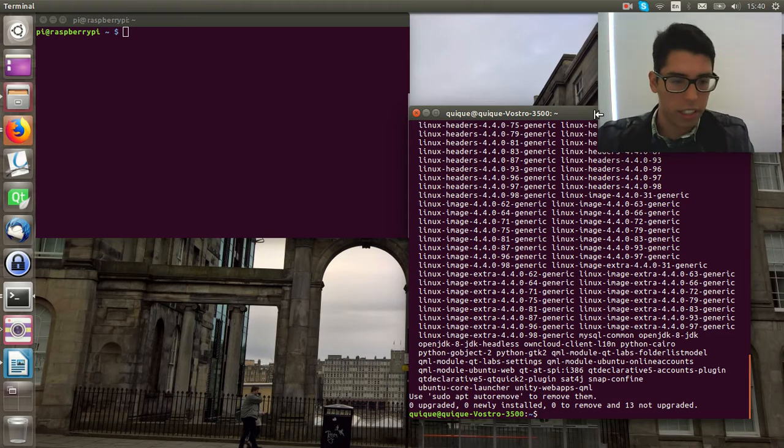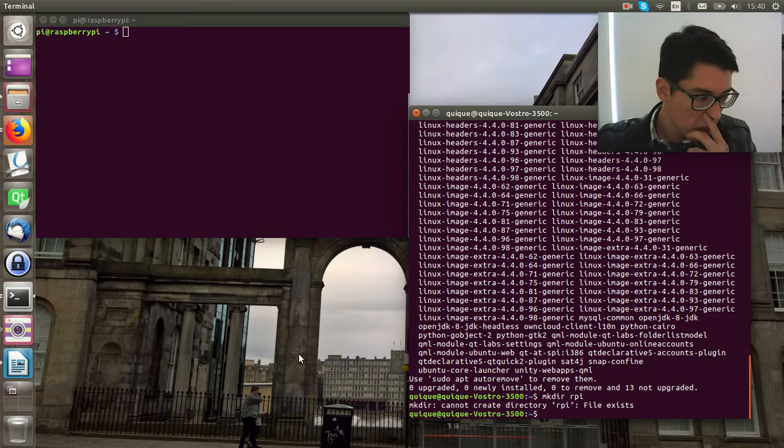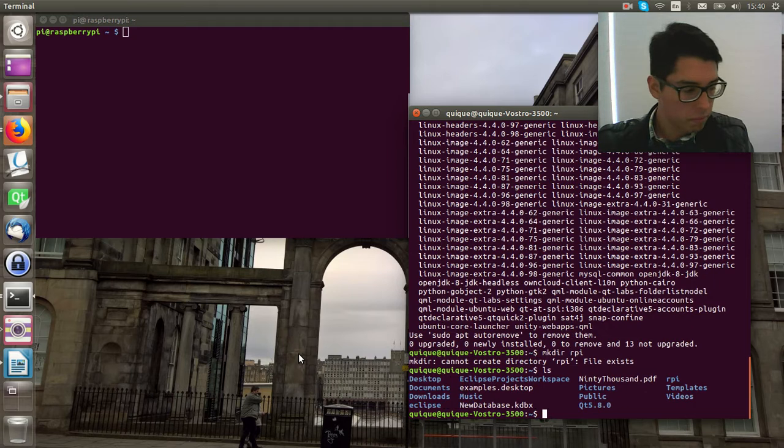Okay, I installed it already. Next, let's create an RPI folder to contain the toolchain files. We already have one. Next step is to enter this directory,